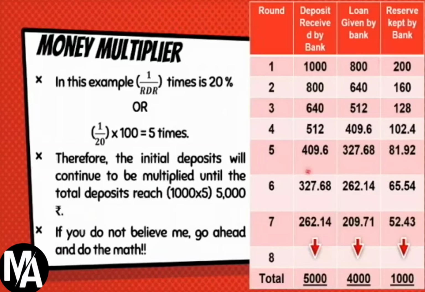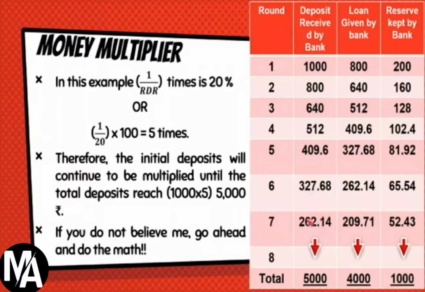They keep on giving loans, and they keep on taking deposits, and they keep on taking reserves as well. So as the deposits are repeated again and again, it will end at a point where the total deposits will be equal to 1 by RDR times, and then the remaining will be the loans given and the reserve amount. So if you do not believe me, you can keep on doing the process of this table,